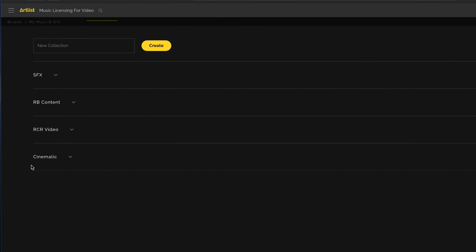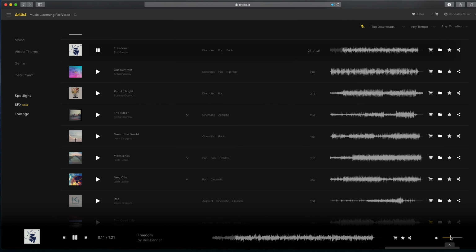So as I'm listening, if a track vibes with the overall tone I typically use for my own content, I then save it in the specific collection and move on. At this stage, I don't narrow the tracks down or filter them in any sort of way. I just scroll through the main pages and play practically every track and save them to their respective collection if I feel like they have potential. They don't have to be perfect, they just have to have potential, and this is very important, and it helps when it comes to finding the right music down the line. So once again, if you feel like it has potential, just save it.